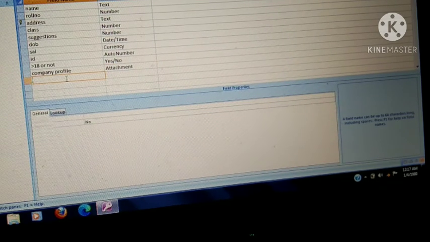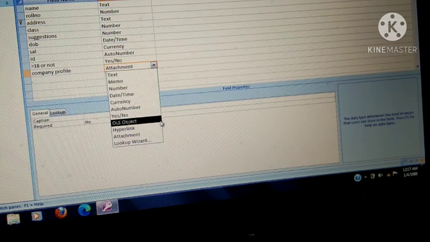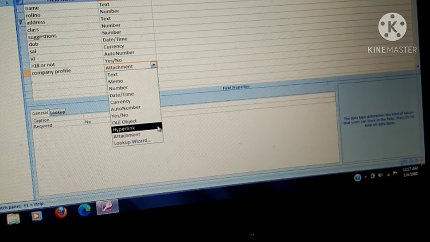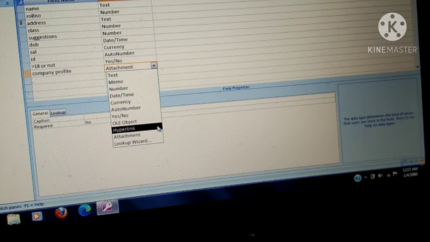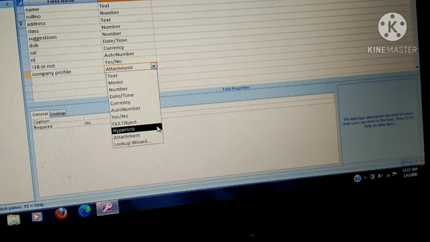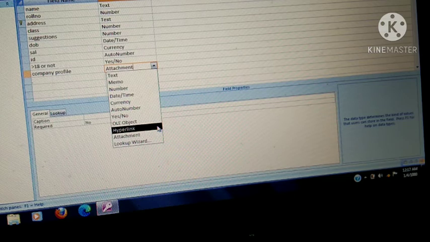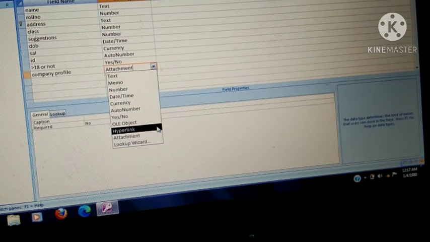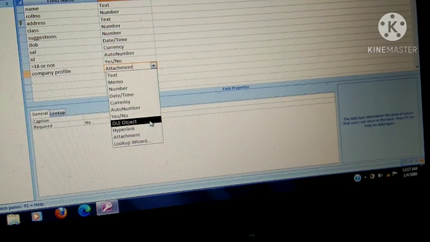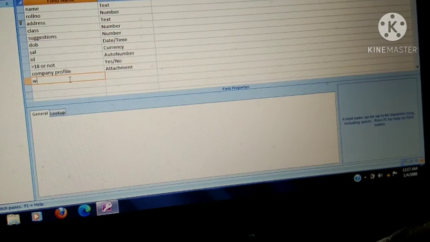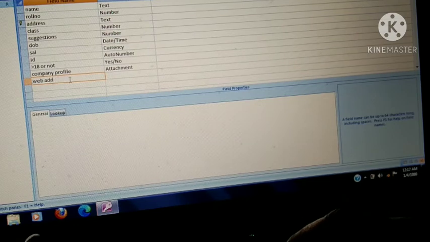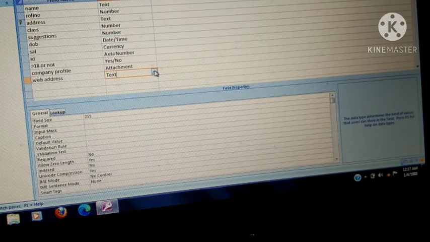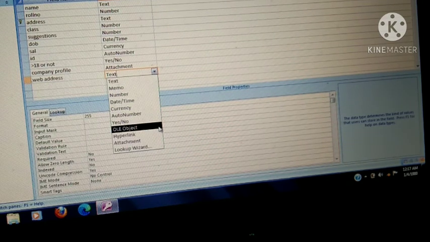Next, your data type is the lookup wizard. What does it mean? Acha, one, hyperlink, remains. What is a hyperlink? You have seen that you are using Gmail, you are using Google. So, your web address, you all have a company. When I am saving your database, I want to save your company address also. Like here I am writing address, the web address of your company. So I want to save this. For this, what data type do I have to choose? I have to choose the hyperlink data type.